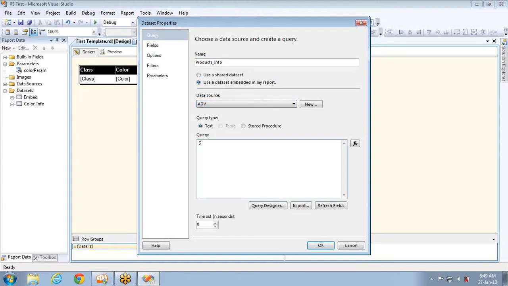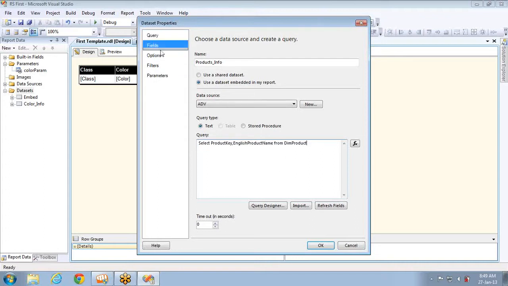Select product key, comma, English product name from dim product table.